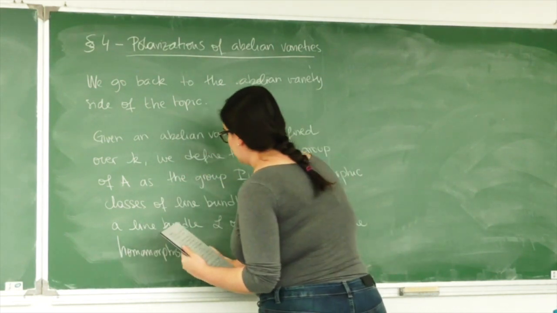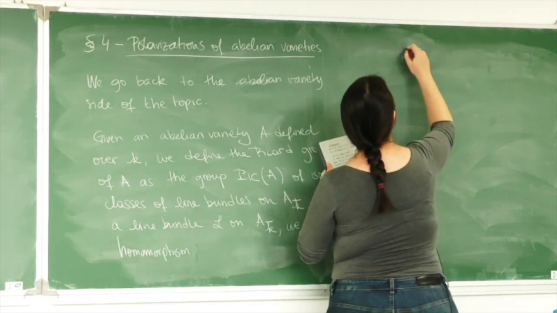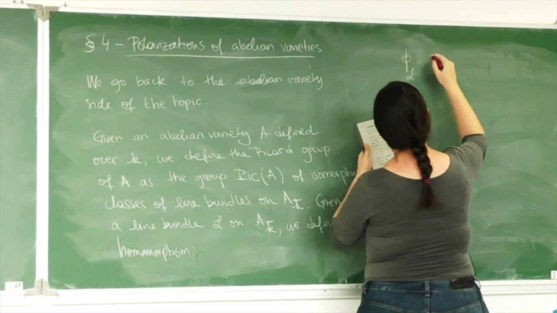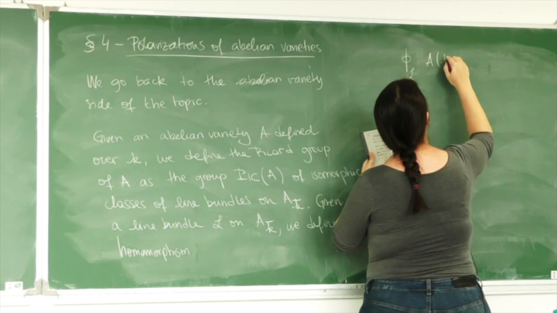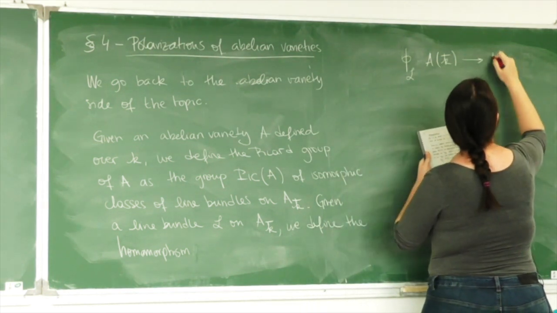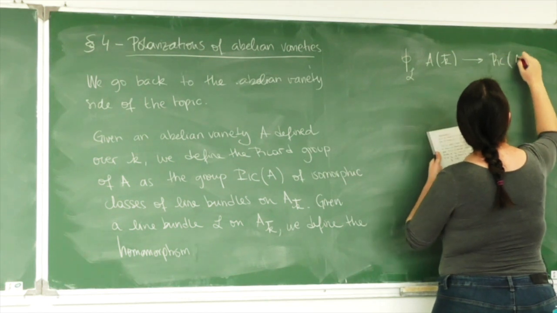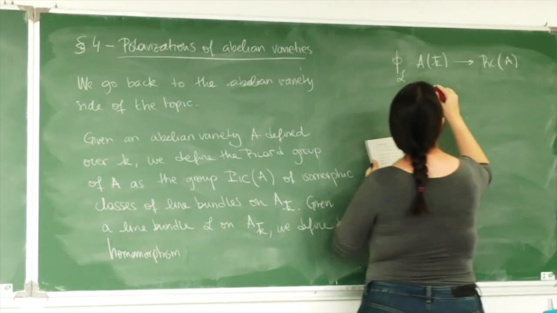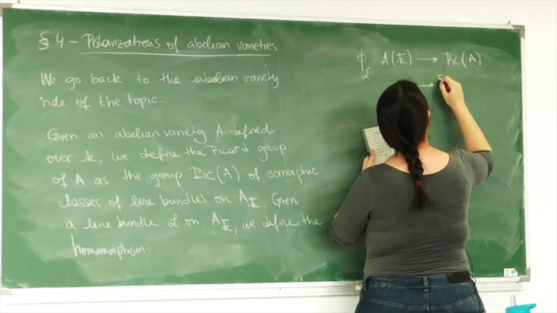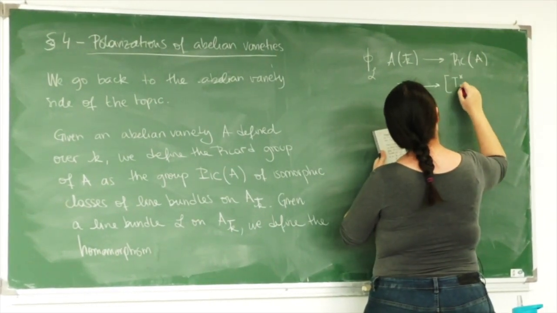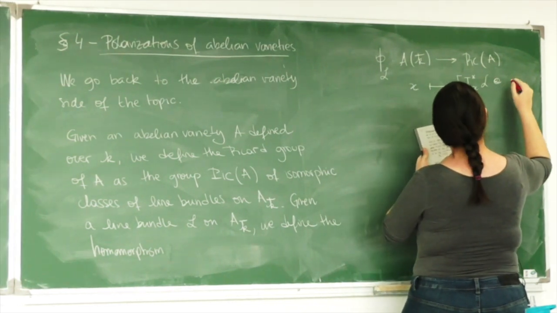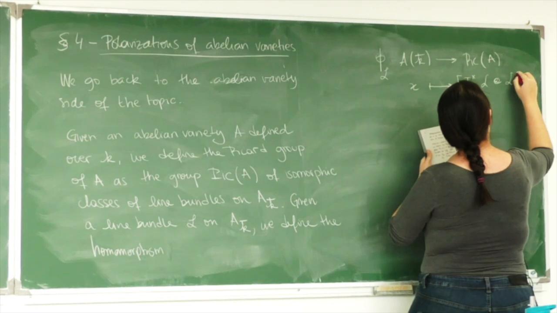But let me write it here. Phi of L that goes from the set of points of A over the algebraic closure of K to this group that we've defined, Pic of A, such that every point x we send to the class of T_x^* L tensor L inverse,